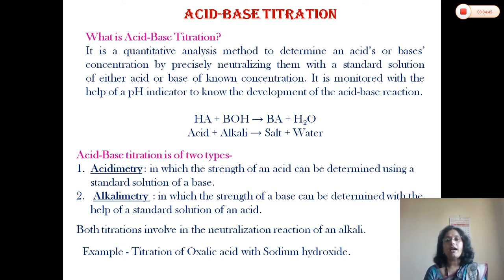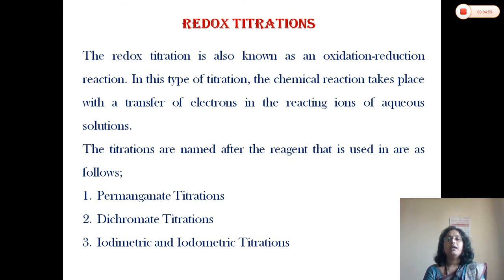The example for the acid-base titration is titration of oxalic acid with sodium hydroxide. There are many examples of the acid-base titration, and this is one of them: the titration of oxalic acid with sodium hydroxide. Next one is the